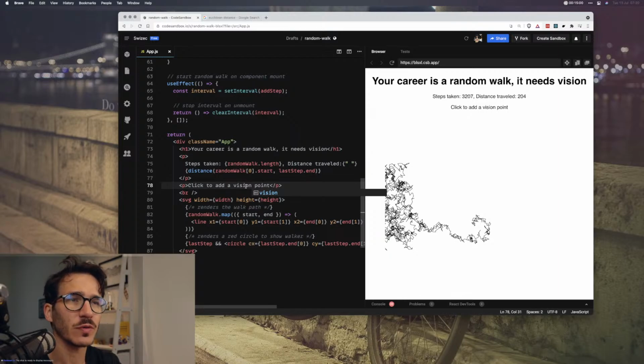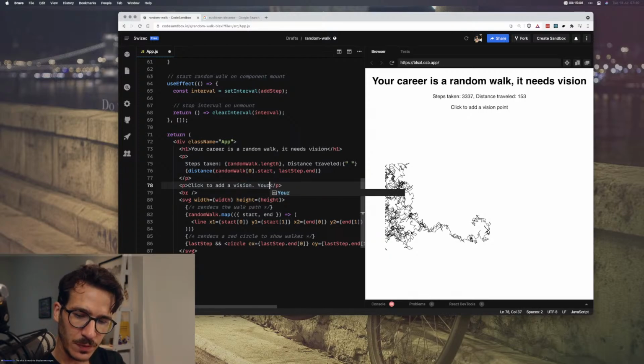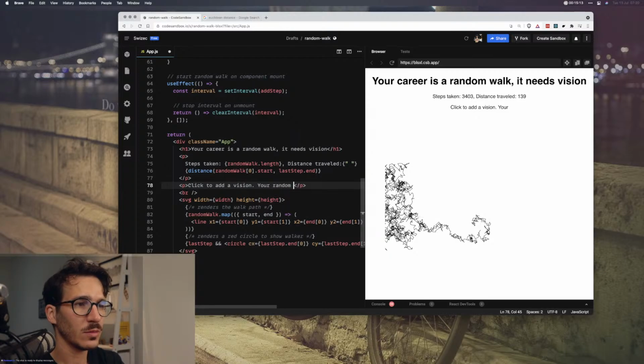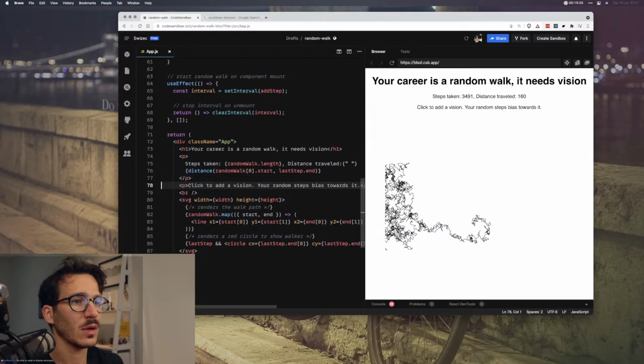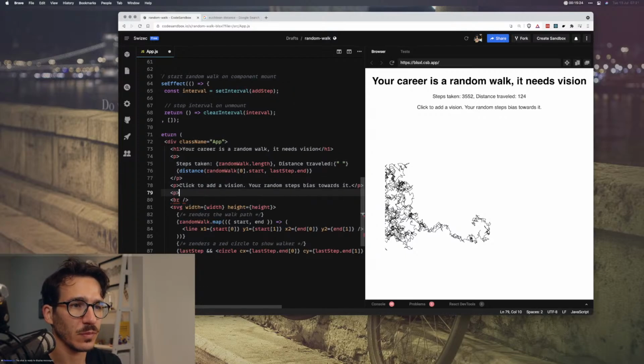Is it a vision point, a focus point? Yeah, click to add a vision. Your random steps bias towards it. Okay, and we're going to add a button to reset.